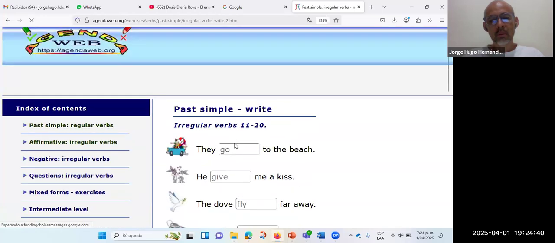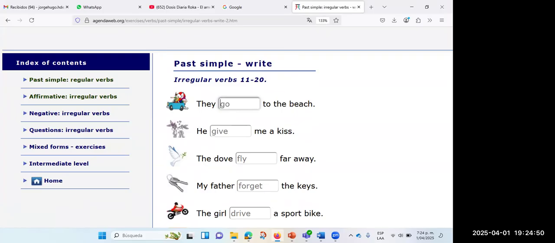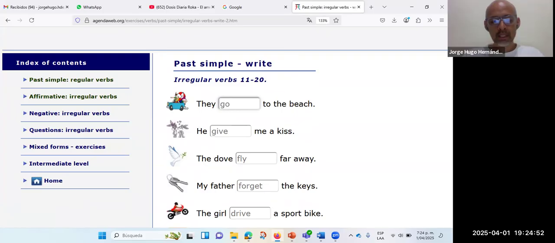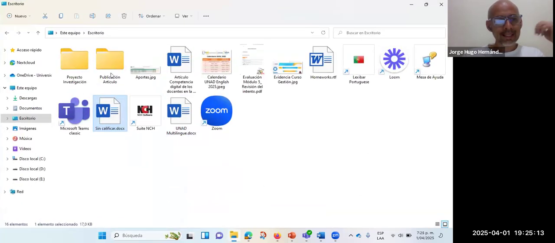Vamos a ver unos poquitos acá. Por ejemplo, go. Mire, el verbo go en presente, in past, is completely different. Went. Go is present and past, went. Okay? It's completely different. So irregular verbs change a lot, change a little, or don't change. Los verbos irregulares puede que cambien, puede que no cambien, cambia una letra, cambia toda la palabra. Muchas diferencias tienen.